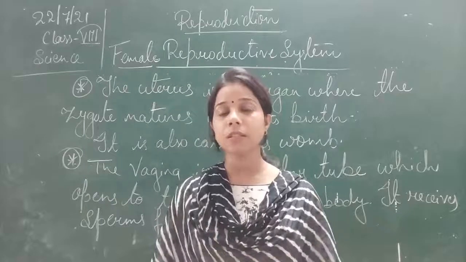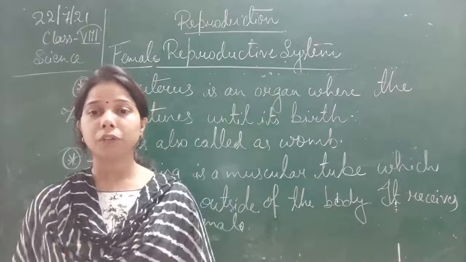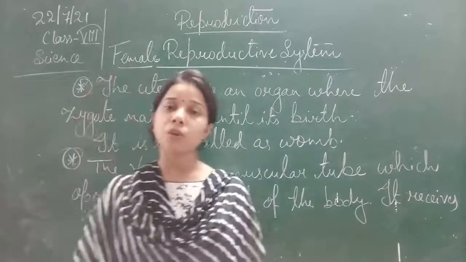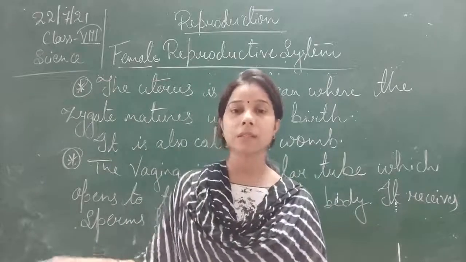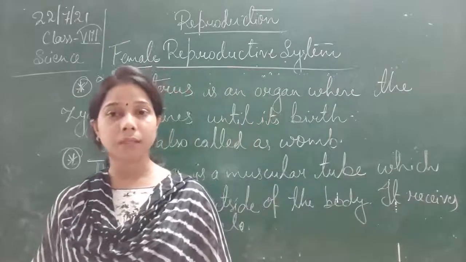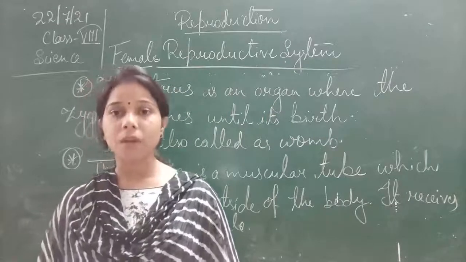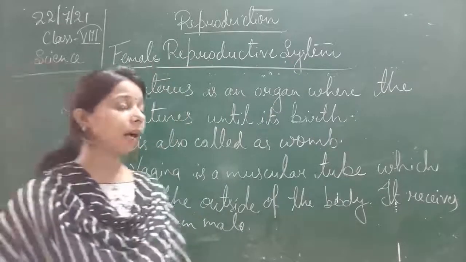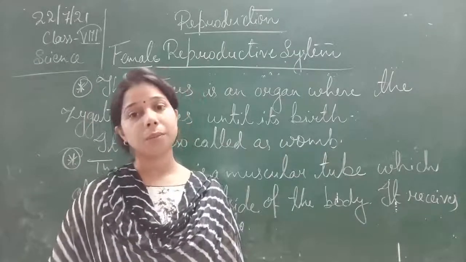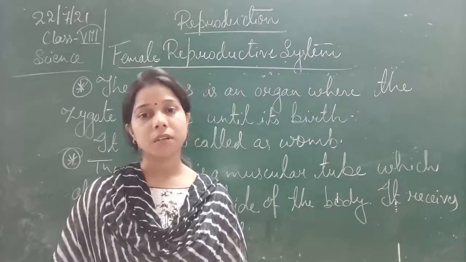Then the uterus is the bag-like structure, students, which is also called the womb. You have heard about mother's womb, where the child grows. So the womb of the mother is the uterus. From the uterus there is a muscular tube-like structure which extends outward, called the vagina. It is the tube through which the male gametes enter into the female body. Okay, this is about the male and the female reproductive systems.